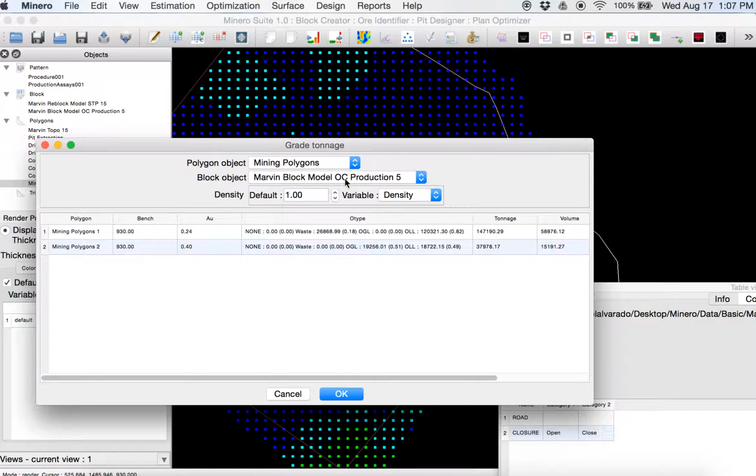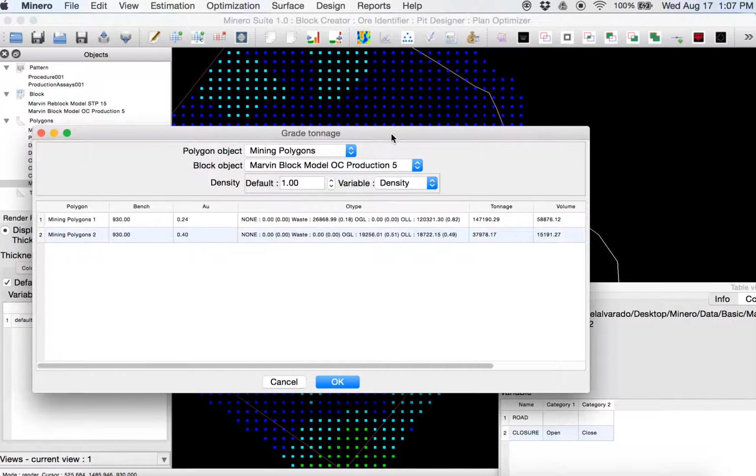Mining polygon 2, the small polygon on the right side, has oxide general leach at 51% and oxide low leach at 49%. Again, these reports will help us make important decisions.